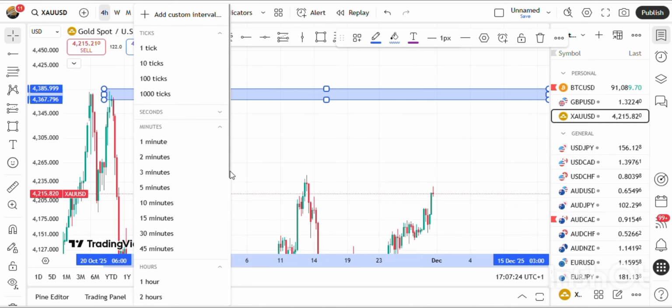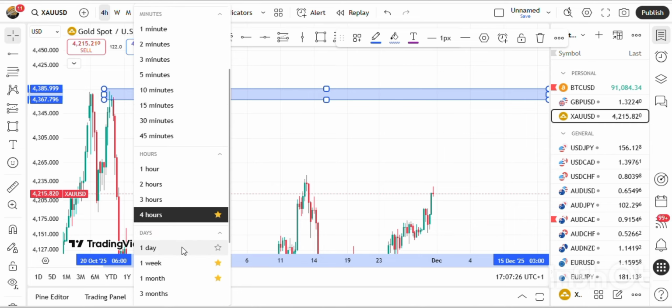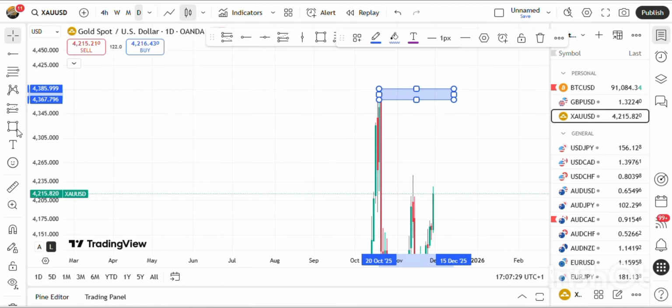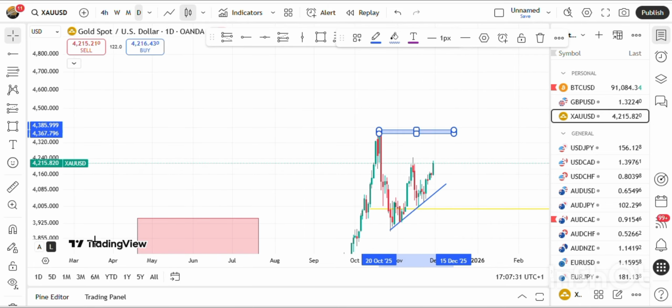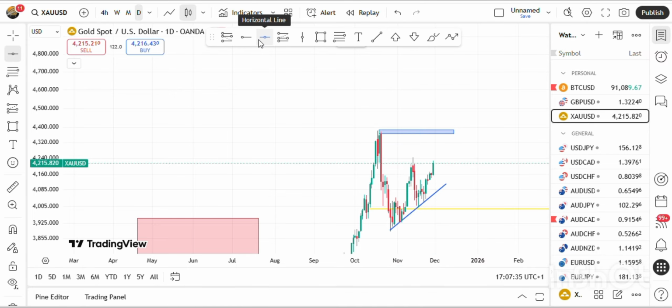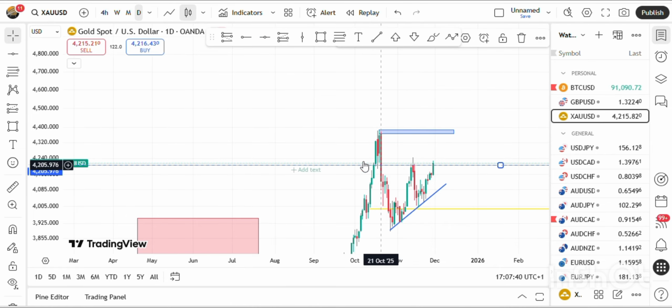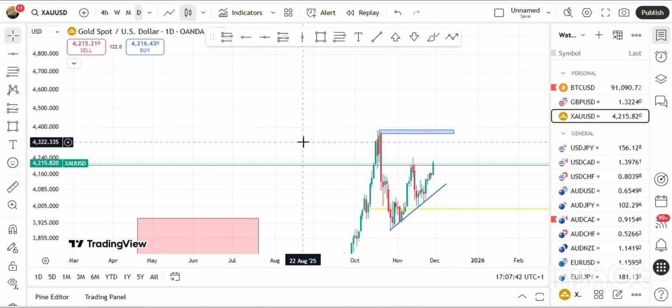Put this guy just to make sure we have a good level. Absolutely. Okay, so that guy is fine. Let's see what we can work with here. So we can have a good buy